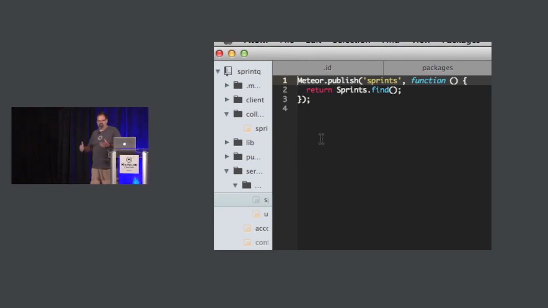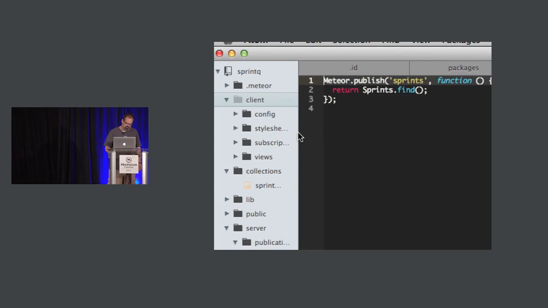That's something we kind of know is there, but during development we can just rapidly develop, and then we can tailor that later and refine it so that we're only pulling down smaller sets of data and being a little careful about it. But that's all you got to do. That's the basics. Of course, we can have other publications, and you're going to have many publications in a complex Meteor app that are tailored to return just the bits of data you need for certain things. So that's an example. On the client side,